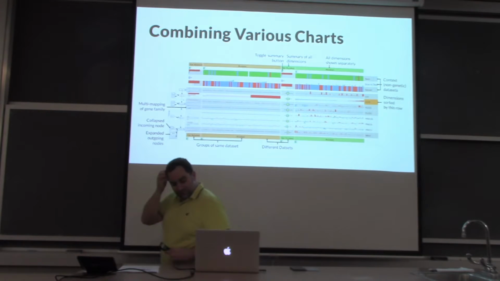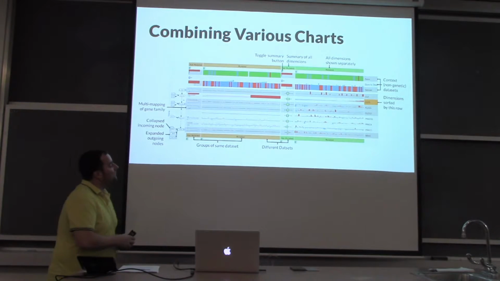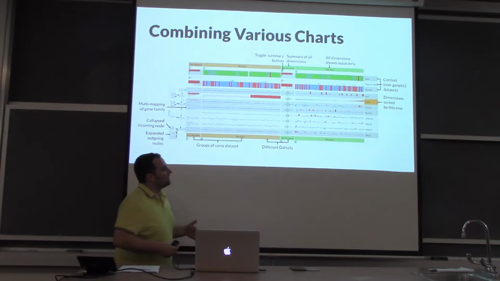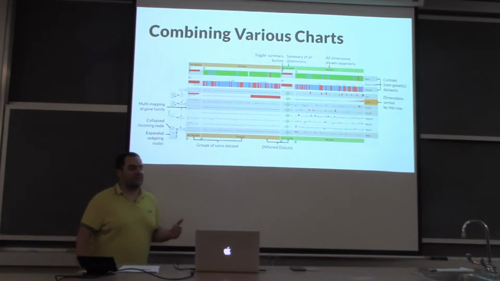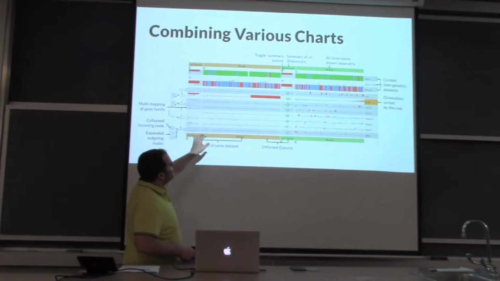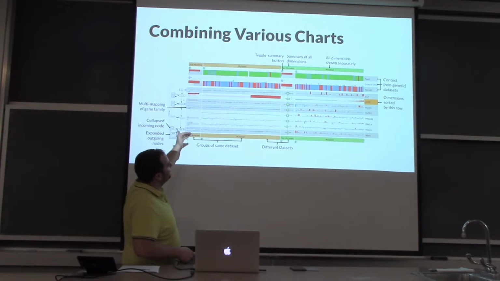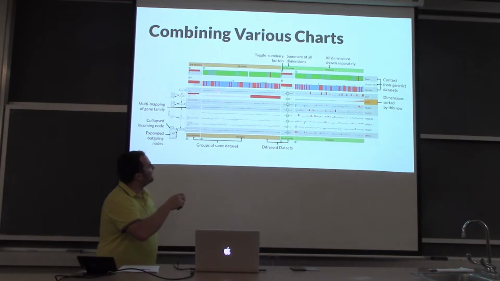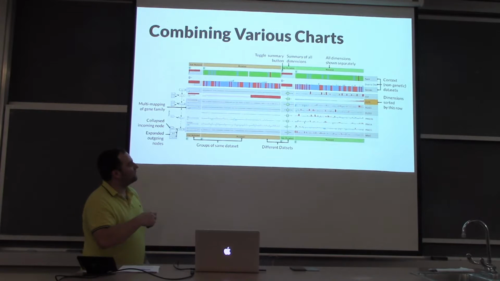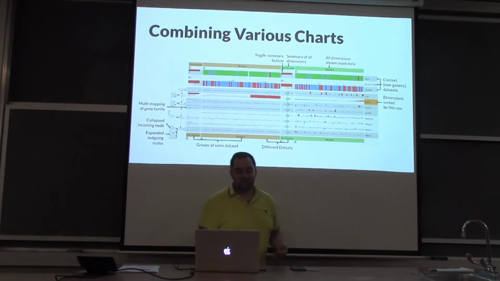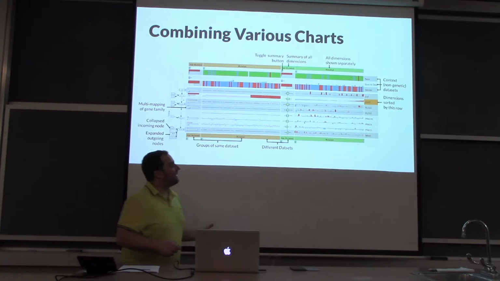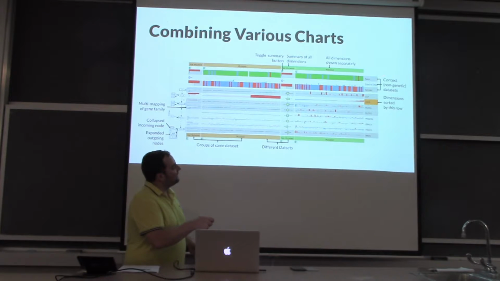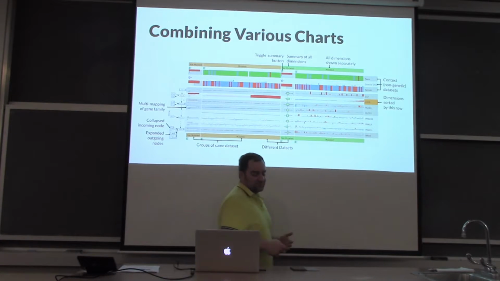Here is another combination of various charts. This is similar to the heterogeneous matrix, but a little bit different in that we use different visual encodings for different data types. Here we show copy number data, mutation data, so mixed categorical and numerical data. Each of these rows that has the same semantics uses the same visual encoding and the same color scale, and each of the rows that has a different semantic uses a different encoding. So here, for example, gender and race use different color scales